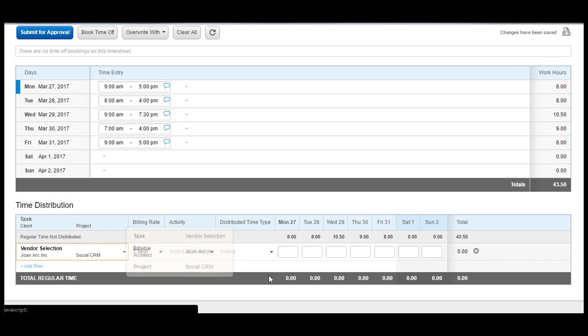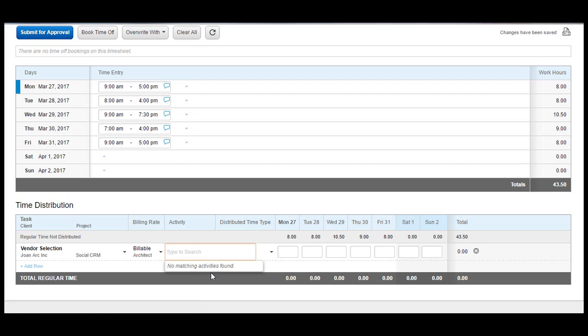In case your organization demands the selection of activity, please go ahead and select the activity if it's available. Select any other field that's been configured by your organization, and then allocate the total hours that you have worked against this project for that particular day. It may not be necessary that you allocate the total hours against one project. So go ahead and add the total number of hours that you have worked against that particular project and press